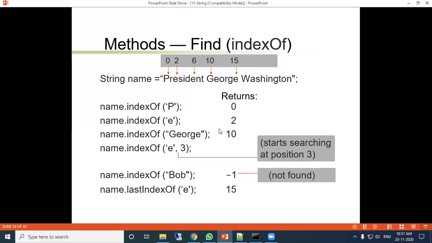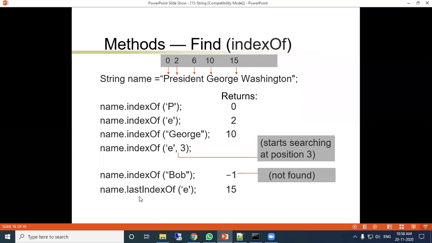Similarly E is at position 2 and George is at position 10. name.indexOf E, 3 means it starts from position 3, so from 3 onwards it will search. Similarly, Bob is not found in this string. When it is not found, it returns -1.